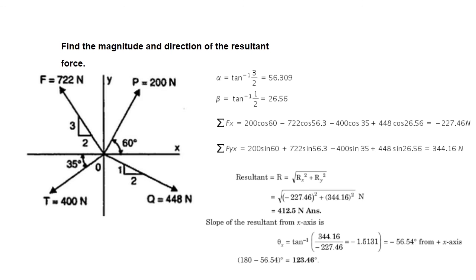Okay. Similarly, one more problem is there. The value is same. So here find out in the same manner what is the resultant of this given force system. Here the inclination is not given for this 722 Newton, but a symbol is there. I already told you how to find out the inclination of this symbol. Here I have solved it. So accordingly check it, and without seeing the solution, try to solve it by yourself. Okay, so that will help you a lot.